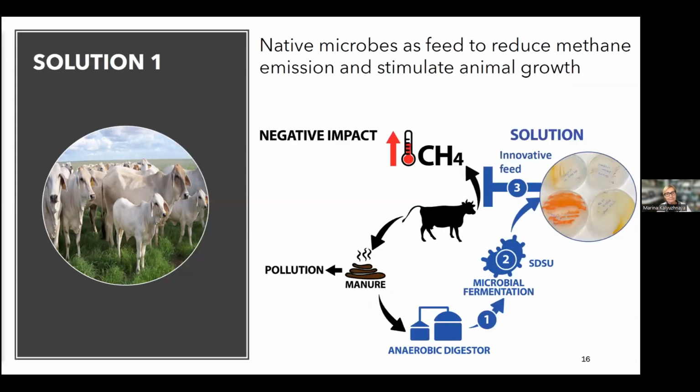Next slide, please. One solution, and this is when we think about cattle, what can be done at a simple animal farm? You have an animal farm, you have a pollutant which is manure. This manure, we have to treat it as anaerobic. The best way will be an anaerobic digester, which produces biogas as a source of methane. If we bring microbial fermentation here to recapture this methane, to produce feed, which I just mentioned to you, is a very well established feed for animals. It can be utilized on the same farm.